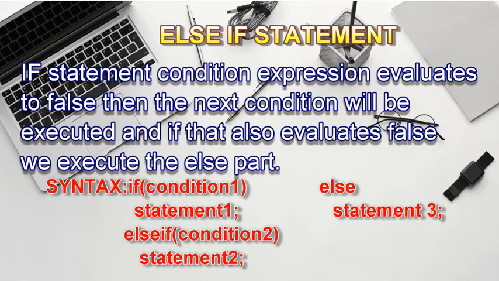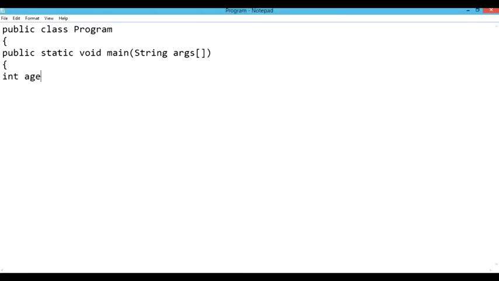Basically, what is the purpose of the else if statement? We are using multiple conditions whenever we use an else if statement. With the help of an example, first of all, I am going to explain this with different kinds of code: first with the if statement, then the if else, nested if, and then the else if statement. So let us start with the if statement.